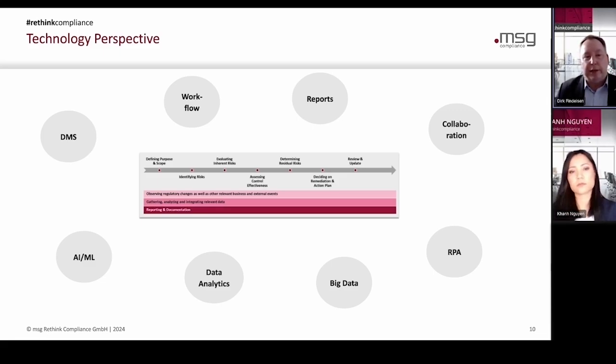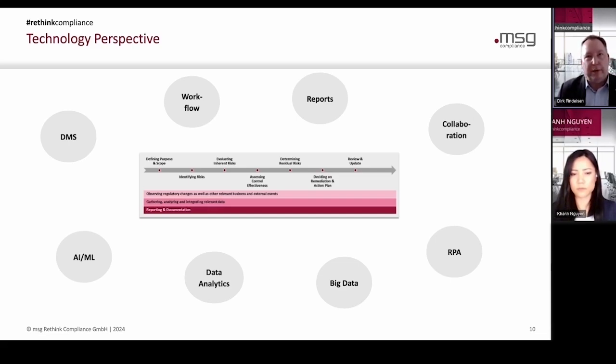And talking about data, the big elephant in the room is, can we use AI? Can we use machine learning technologies also within the risk assessment perspective? And yes, you can. We will show at least one use case later on how to use AI and machine learning within the risk assessment landscape. We were using a GenAI, generative AI model for that one. But let's give us a few moments. So let's think about all these technologies, and that's not all.